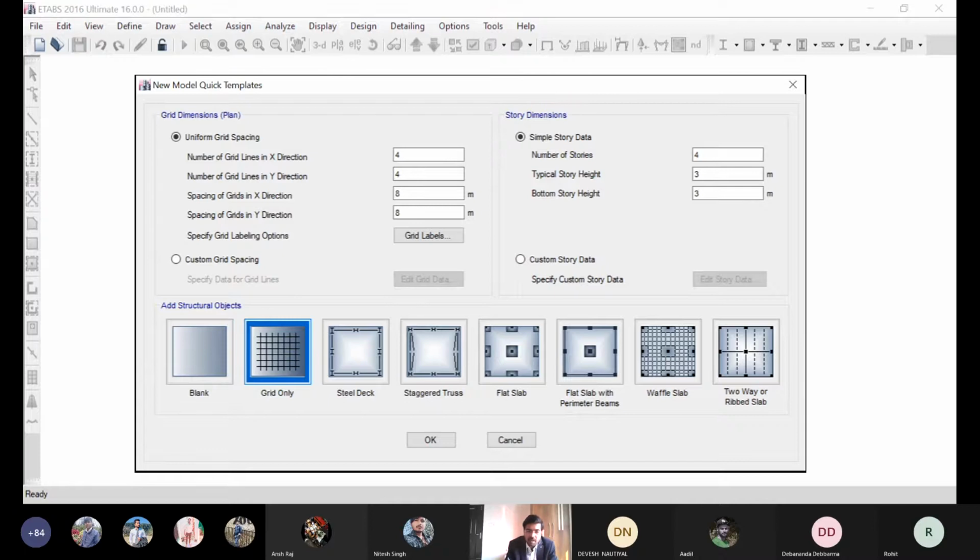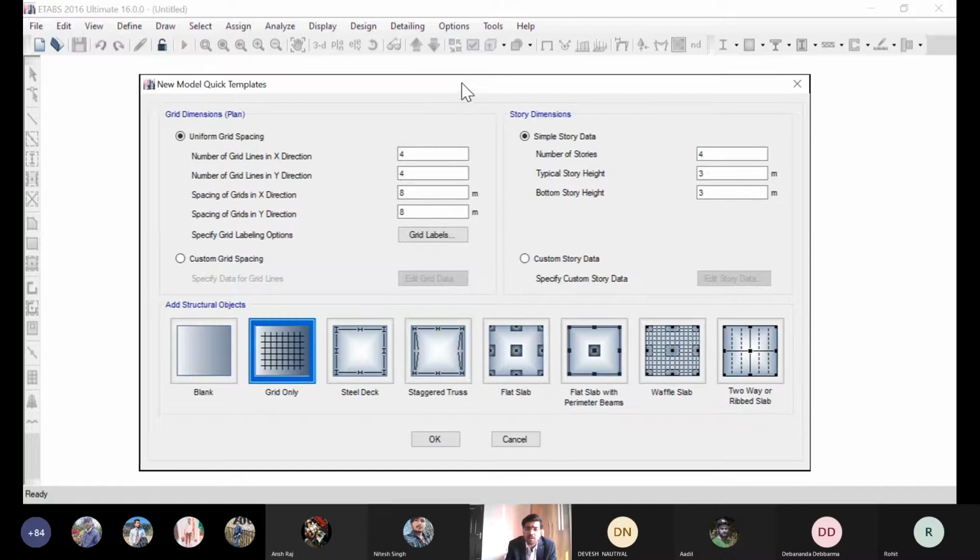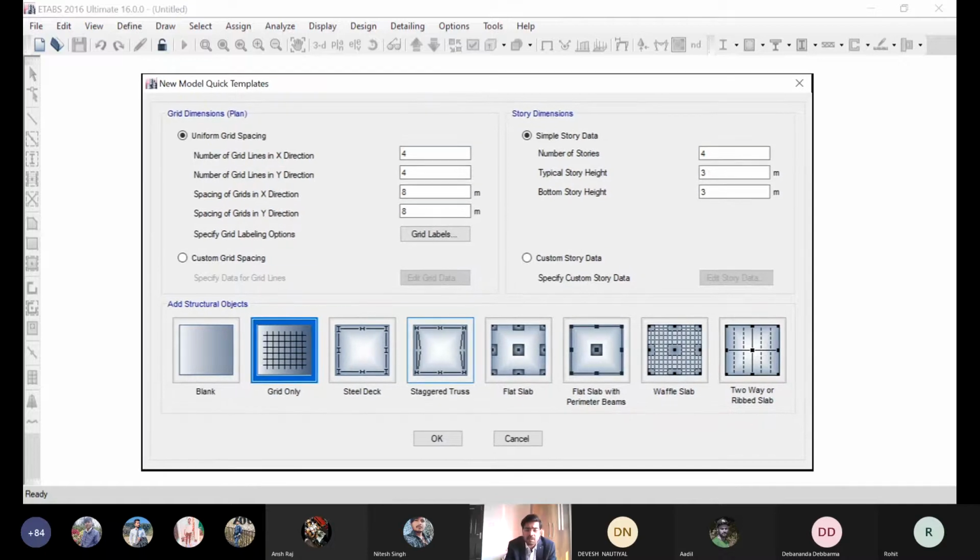What are grid lines? Grid lines are the lines which we use for the designing or modeling. I'll switch the window to the PowerPoint again, and I'll explain all these things to you first.